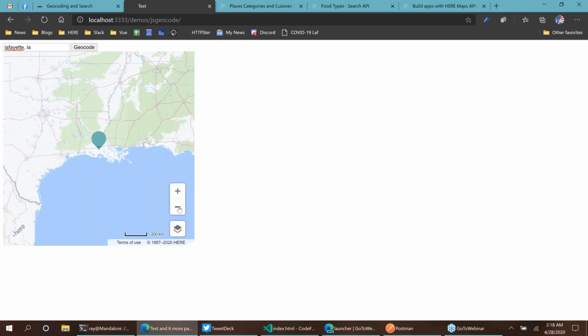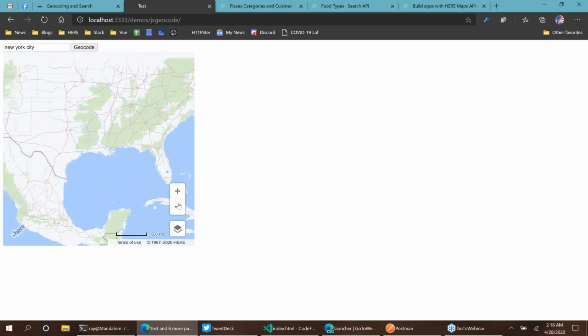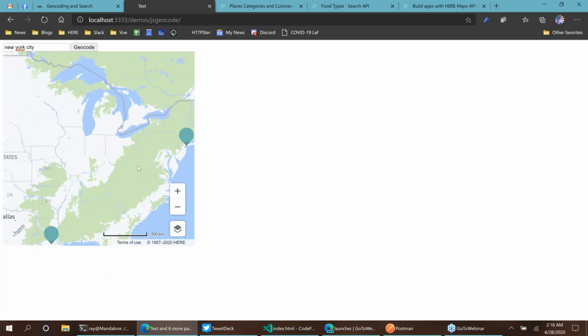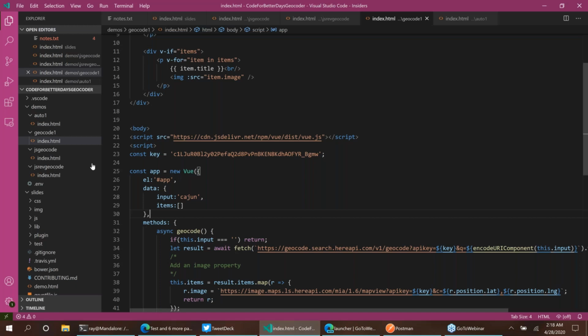If I zoom out a bit and try New York City and geocode that, and zoom out a bit more, we can see how far away New York is. And I could type other places here as well, and it'll just keep adding markers. So the code for that,